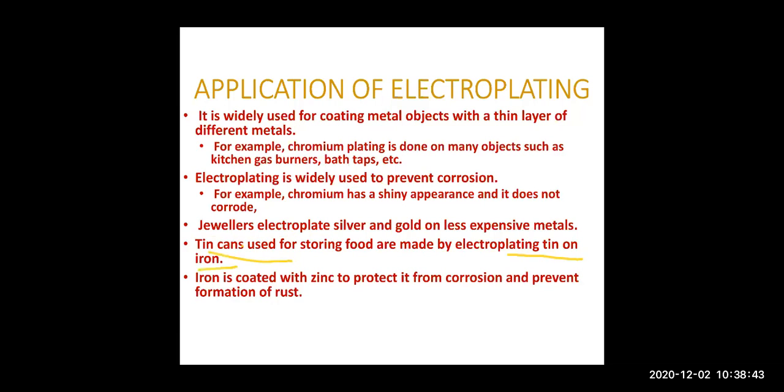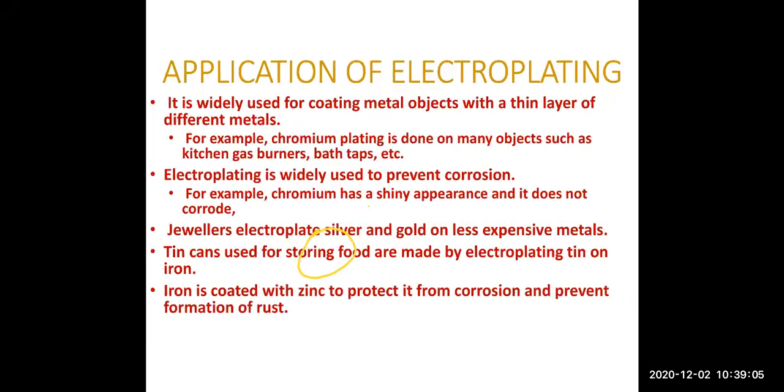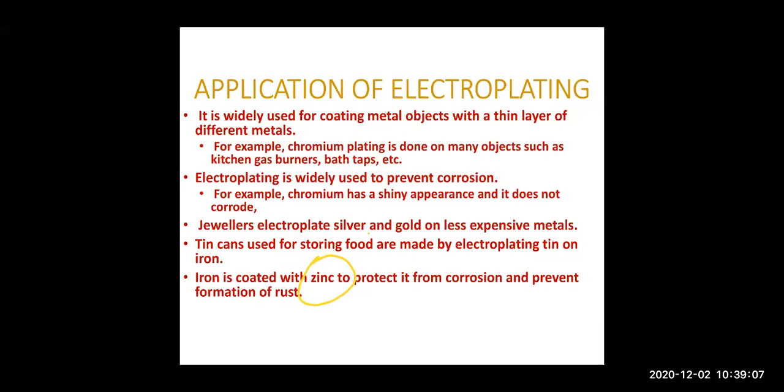Actually, it is made up of iron, but on that tin plating is done. And finally, if you want to prevent iron from rusting, if you see your iron nails and all, that gets red, right? That gets rusted. So if you want to prevent it, we require to put a coating of zinc. Right, children? So this is your electroplating, and with this, the